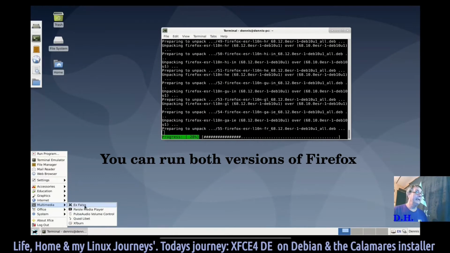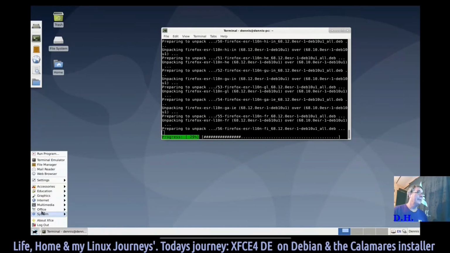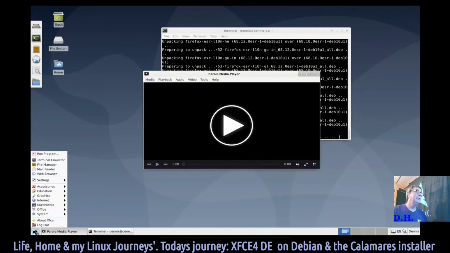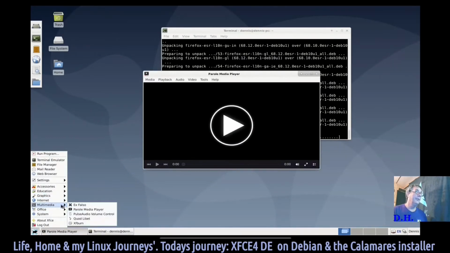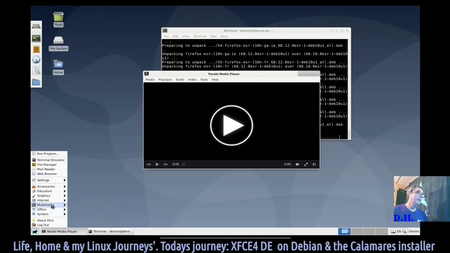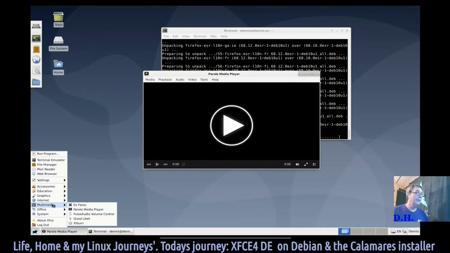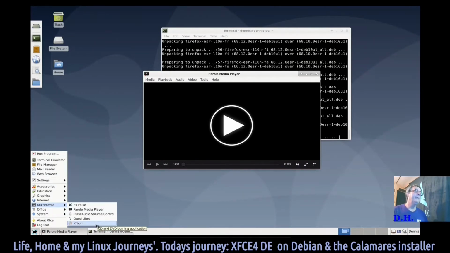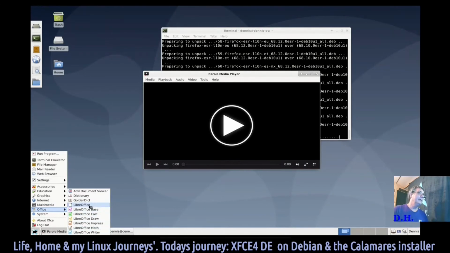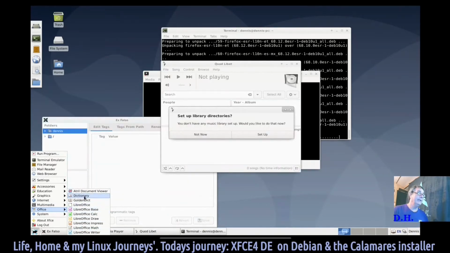Under multimedia, Xfburn, Parole Media Player, Quod Libet, and XFBurn. Okay. Under Office, we got the full LibreOffice suite, just like we thought we did, and another dictionary,